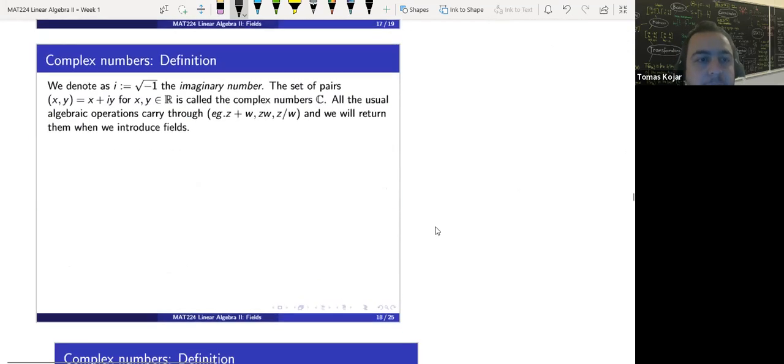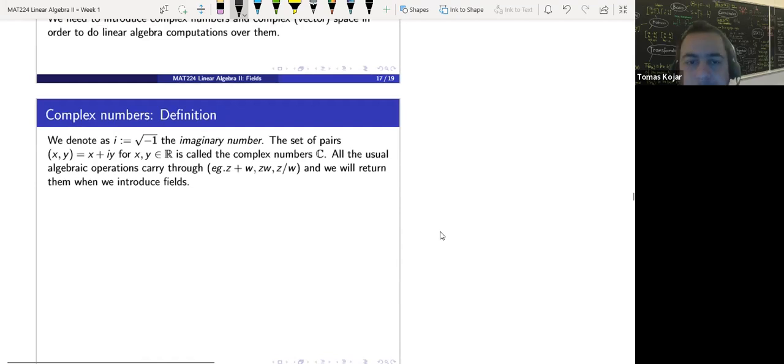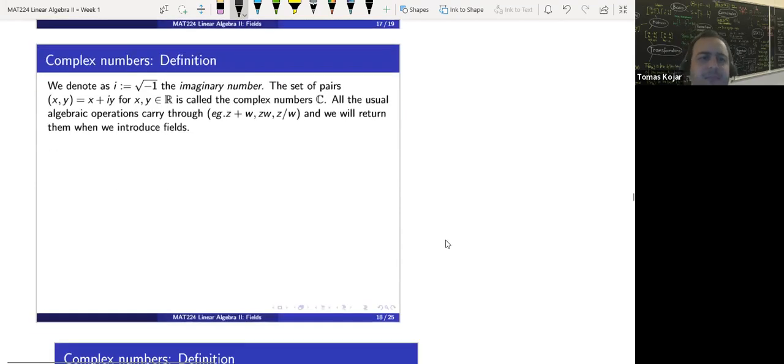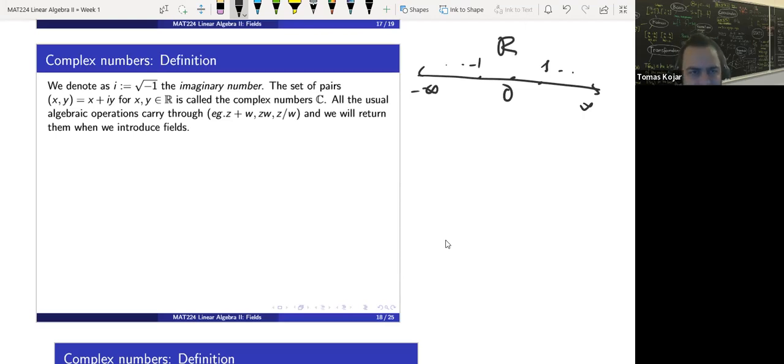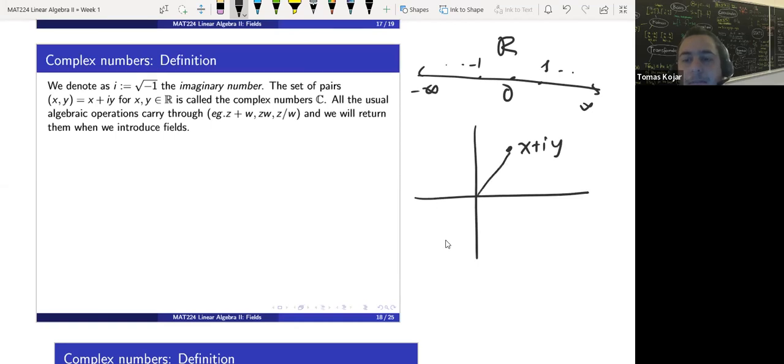All right, so let's talk about complex numbers. You should think about this as a new field, a new area. You learned about real numbers, where you have minus infinity, infinity, and you have minus 1, 1, and so on. Now we define a new object. You should really think about this as a new object, because square root of minus 1 is not a real number. It doesn't make sense as a real number. So we really have to work with this new object called complex numbers.